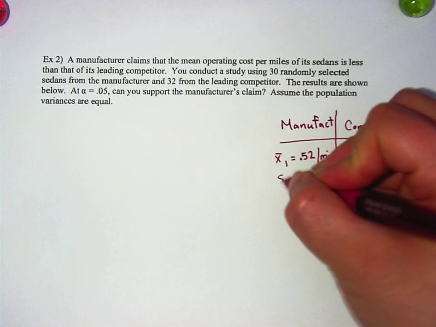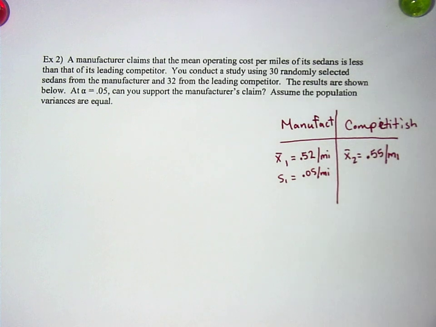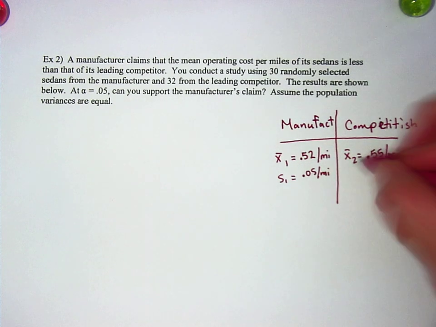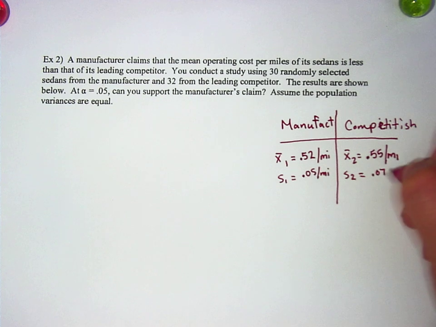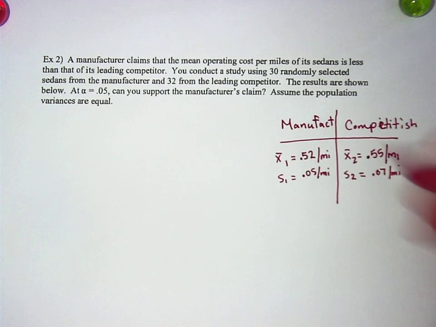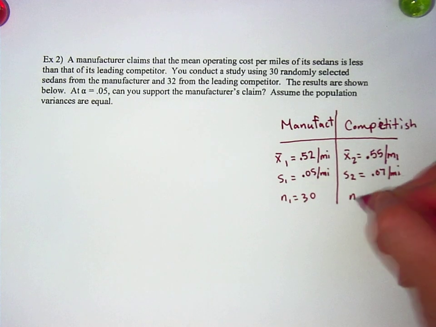The standard deviation of the manufacturer is 5 cents a mile, and the standard deviation of the competitor is 7 cents a mile. And they sampled 30 cars for the manufacturer and 32